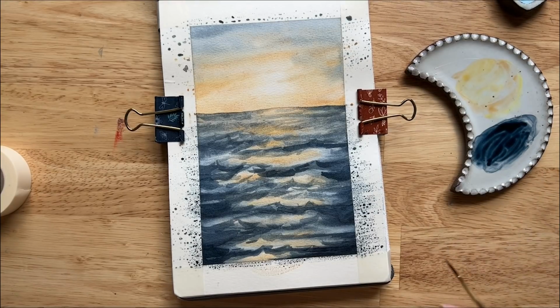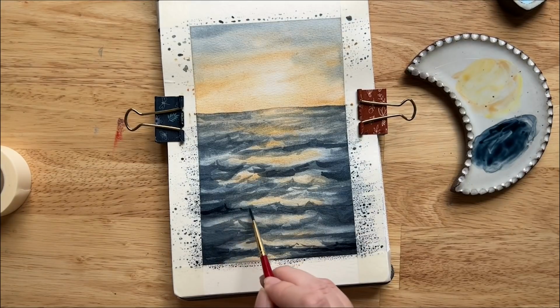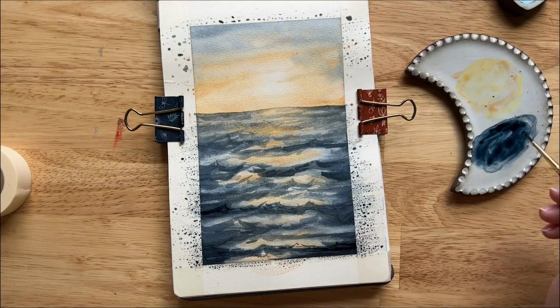And when you first paint on it, you're gonna be like, I ruined it. This looks terrible. You didn't ruin it. And you just kind of have to keep going. More waves on top of each other. I started with a size 6 brush, so I did kind of larger waves. But then the more I'm going,